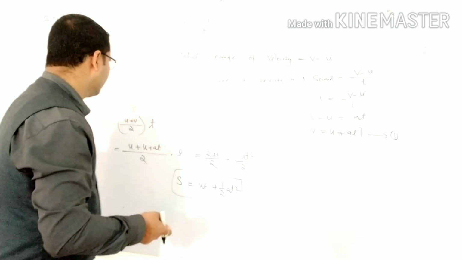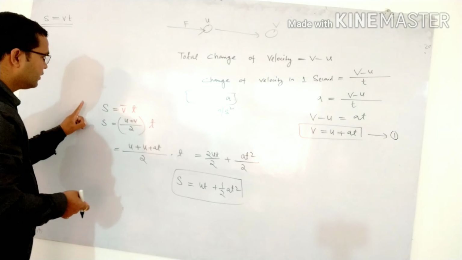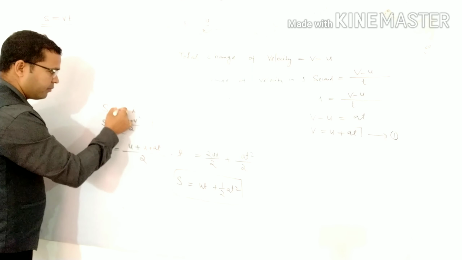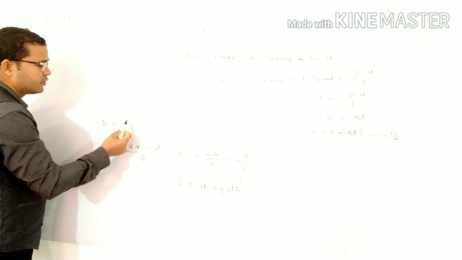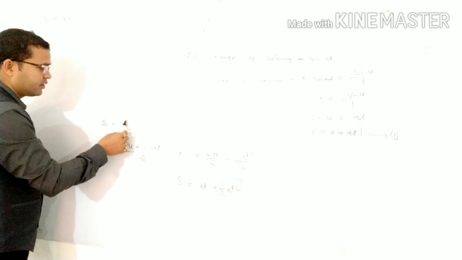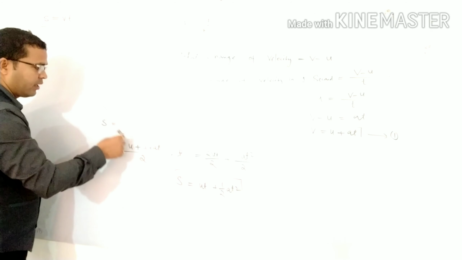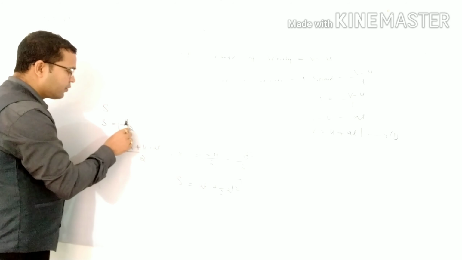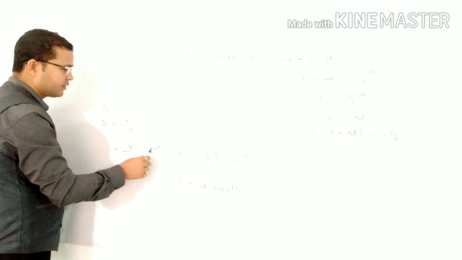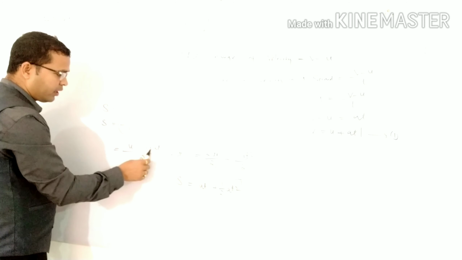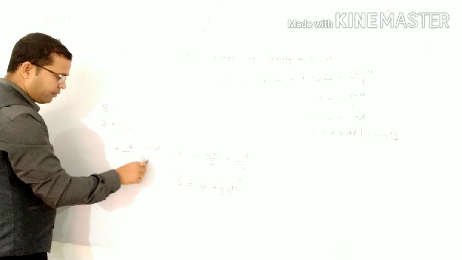So for the next formula, we can write s equal to v bar t. Already told you what is v bar. V bar means average velocity. So in place of average velocity, we can write (u plus v) by 2, initial velocity plus final velocity by 2. You know how to take average in mathematics, into time. So u, I wrote u. In place of v, what can we write? In place of v, we already have the formula. In place of v, I can write u plus at, so divide by 2 into t.